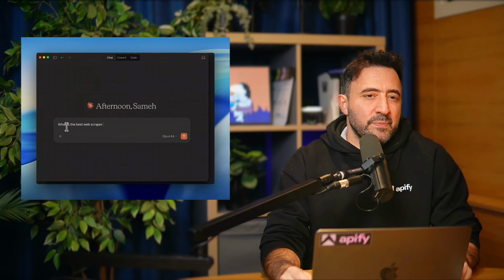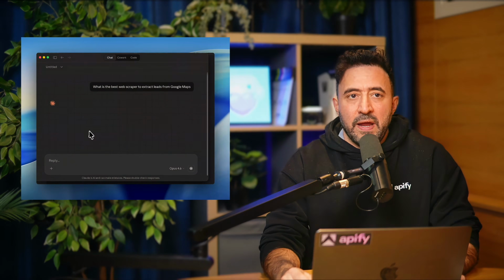This is especially important these days because, as you know, AI search converts better. It has higher value traffic because people are more qualified on AI. They ask the AI several questions before they actually come to your website to convert. So this is essential if you want to position yourself competitively in ChatGPT, Claude, Gemini, or other AI tools like Perplexity. What I want to do today is use several Apify actors via MCP, and we're going to